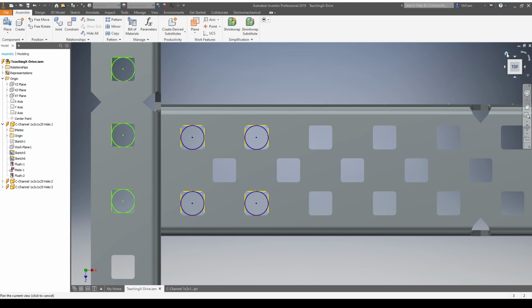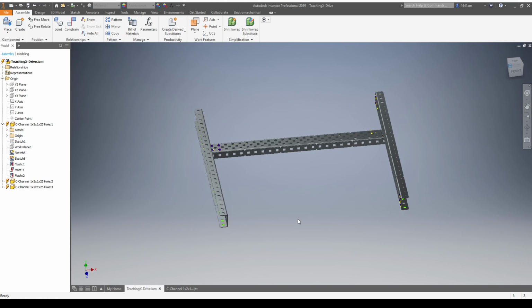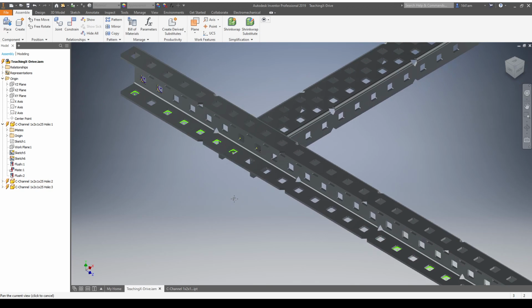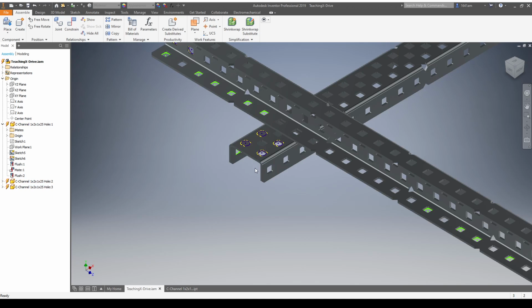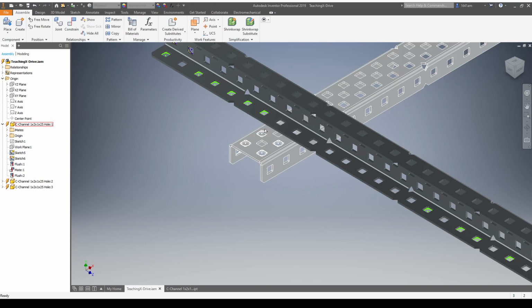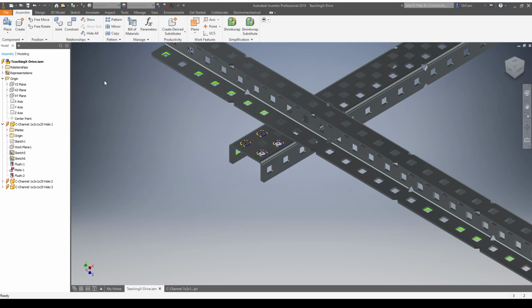So if we were building this in person, you would take a screw and you would go through this hole and through this hole, and then you'd put a nut on the other side. But since we're not building it in person, instead we can just take the two circles and constrain them by their axes. So we go up to the ribbon up top and we click the constrain button,